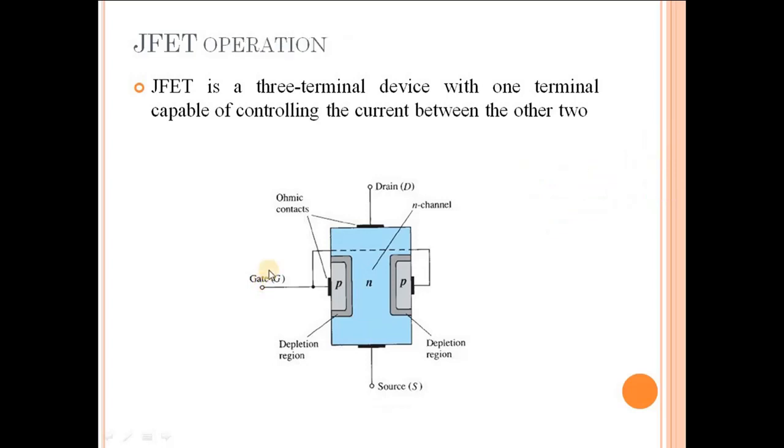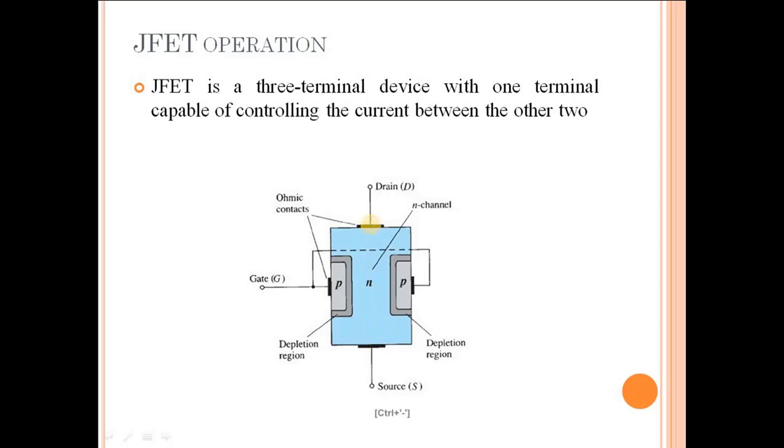Now coming to the JFET operation, the complete operation of the JFET can be understood by studying the two cases of biasing the JFET. Taking the case of an n-channel JFET for demonstration, the electrons are the charge carriers, because it's an n-type channel in consideration. So electrons are to move from source to drain.